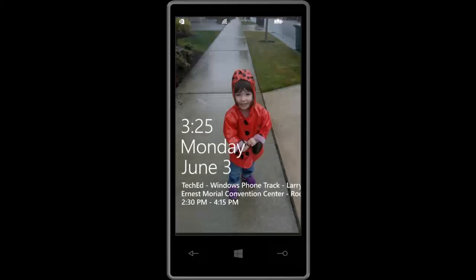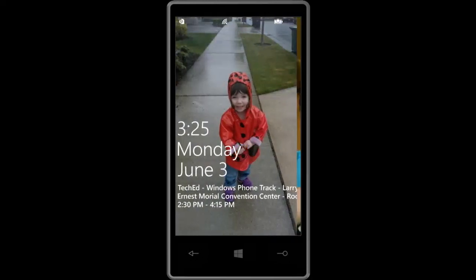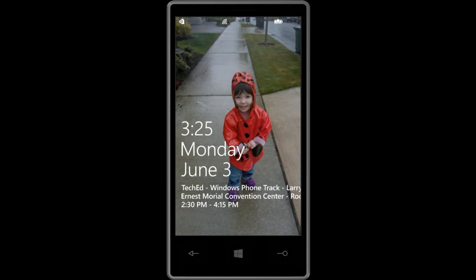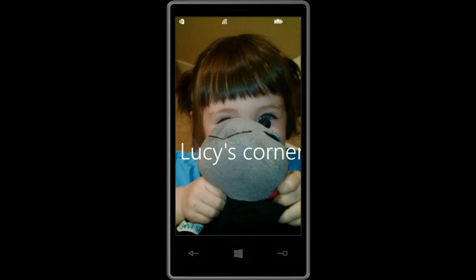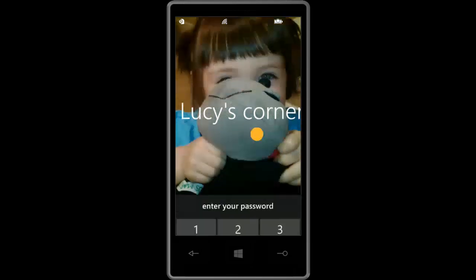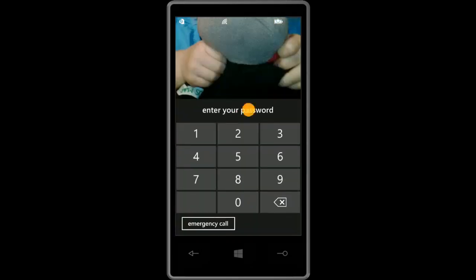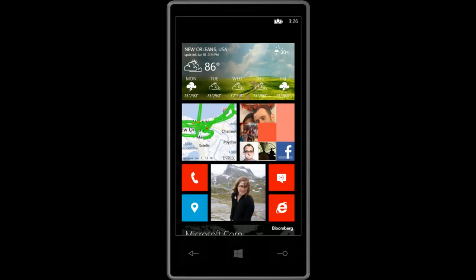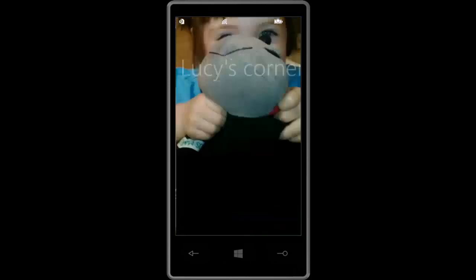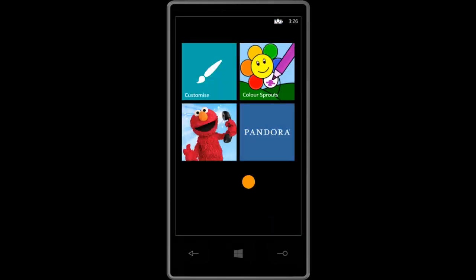We also have this feature called Kids Corner. How many of you are familiar with Kids Corner? Have you seen Kids Corner? Kids Corner is a feature whereby even though your phone is locked, you can set up a set of apps that are available to unlocked states. So you can set up a Kids Corner for your child. This is my daughter. And they can go in here. I'm not sure what's wrong with that. So they can go in to the Kids Corner and see just the apps that you've configured for them.